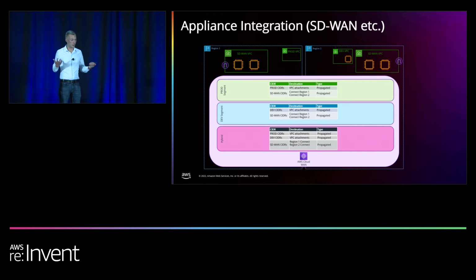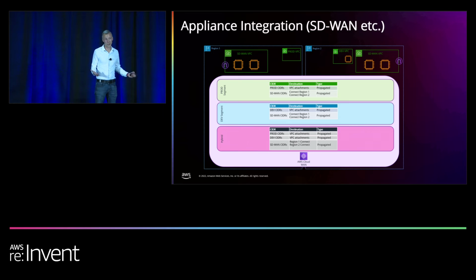Another pretty common infrastructure that customers integrate with is an SD-WAN, software-defined networking. Today with Transit Gateway, using Connect is a way that we get all of those routes from all the SD-WAN edges into the cloud. With Cloud WAN, we can do that globally, which adds a lot more feature and functionality here. The way this works is we have a VPC attachment to our SD-WAN appliances.